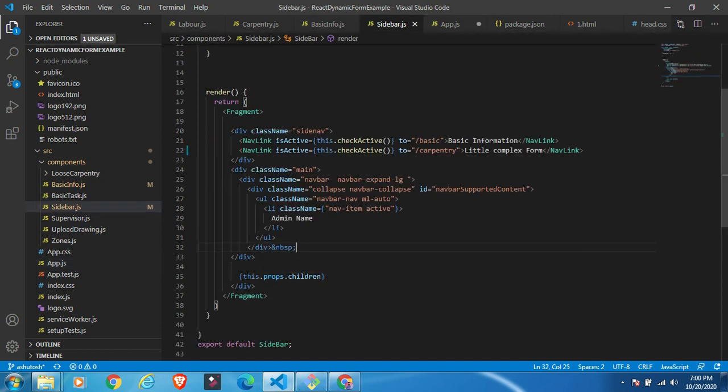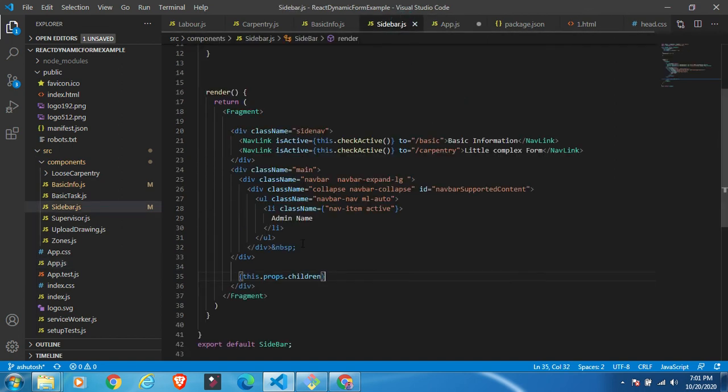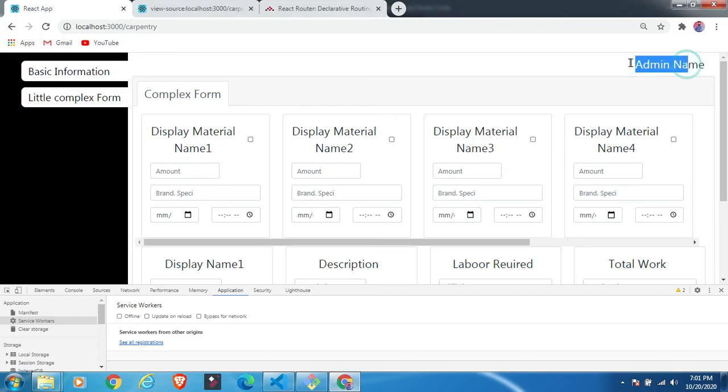So that's why this.props.children will appear here. As per your navigation of the route, that particular component will appear in this section. It means this will appear after the header, which is the admin name, and then all these things appear.